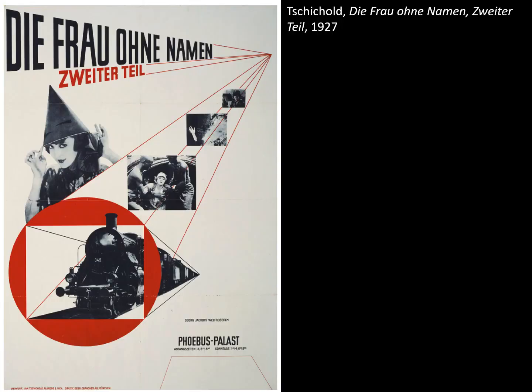The last thing I want to show you is this poster for a movie called The Woman Without a Name, Part 2. This is a great example of integrating typography and photography. And you can see here Tschichold being deeply influenced by the Bauhaus, because if you look at these shapes, it should remind you of the cones and the cylinders and the circles that Bayer uses on the cover of his journal. And so what Tschichold does is he uses these lines to organize stills from the film,